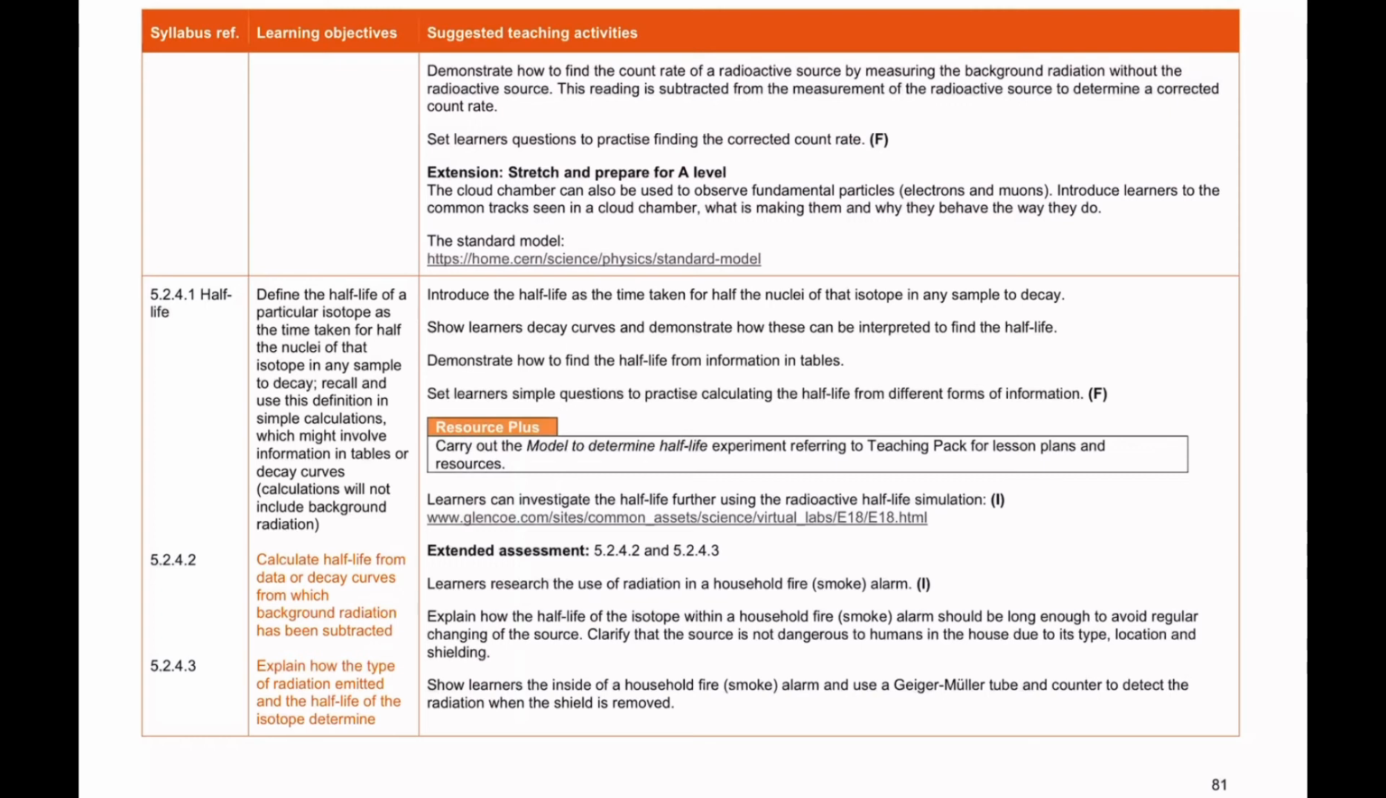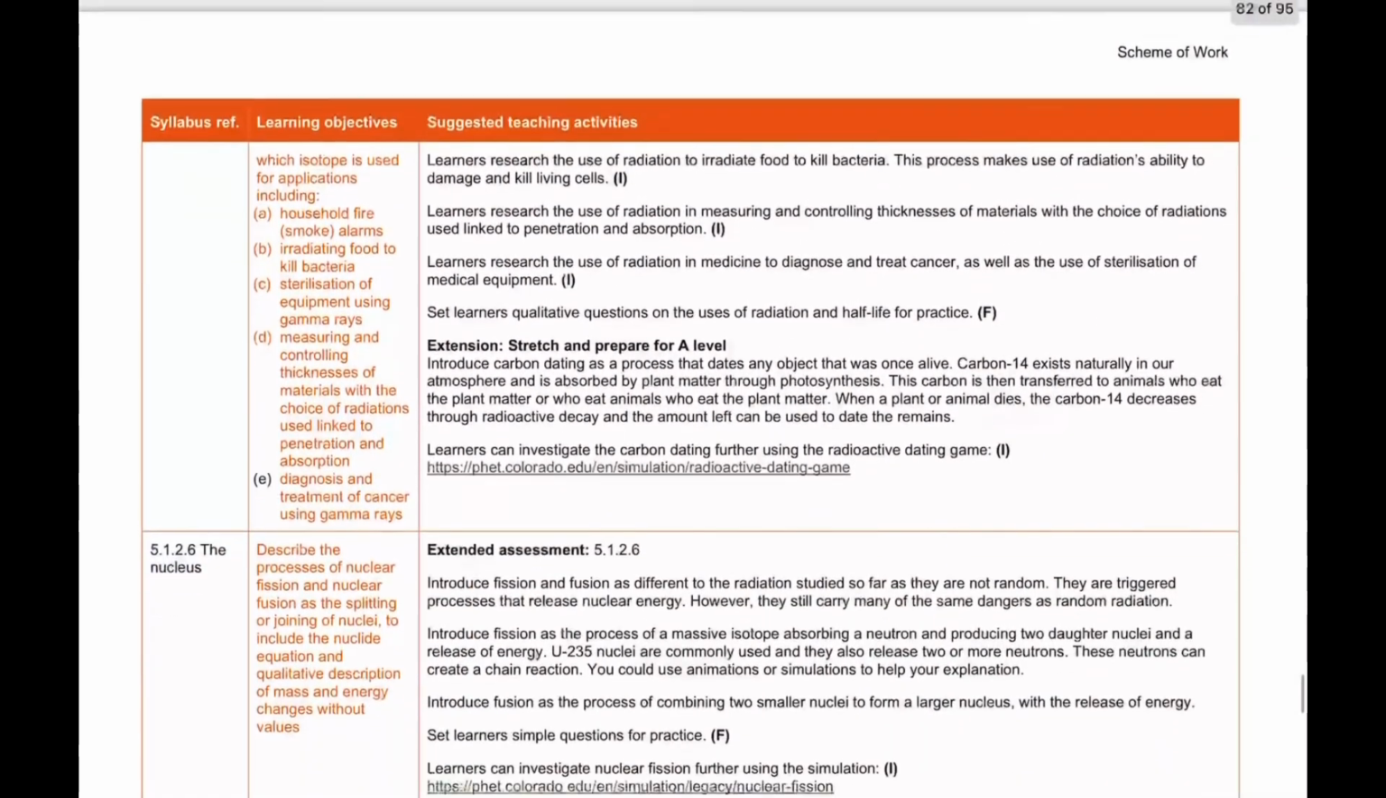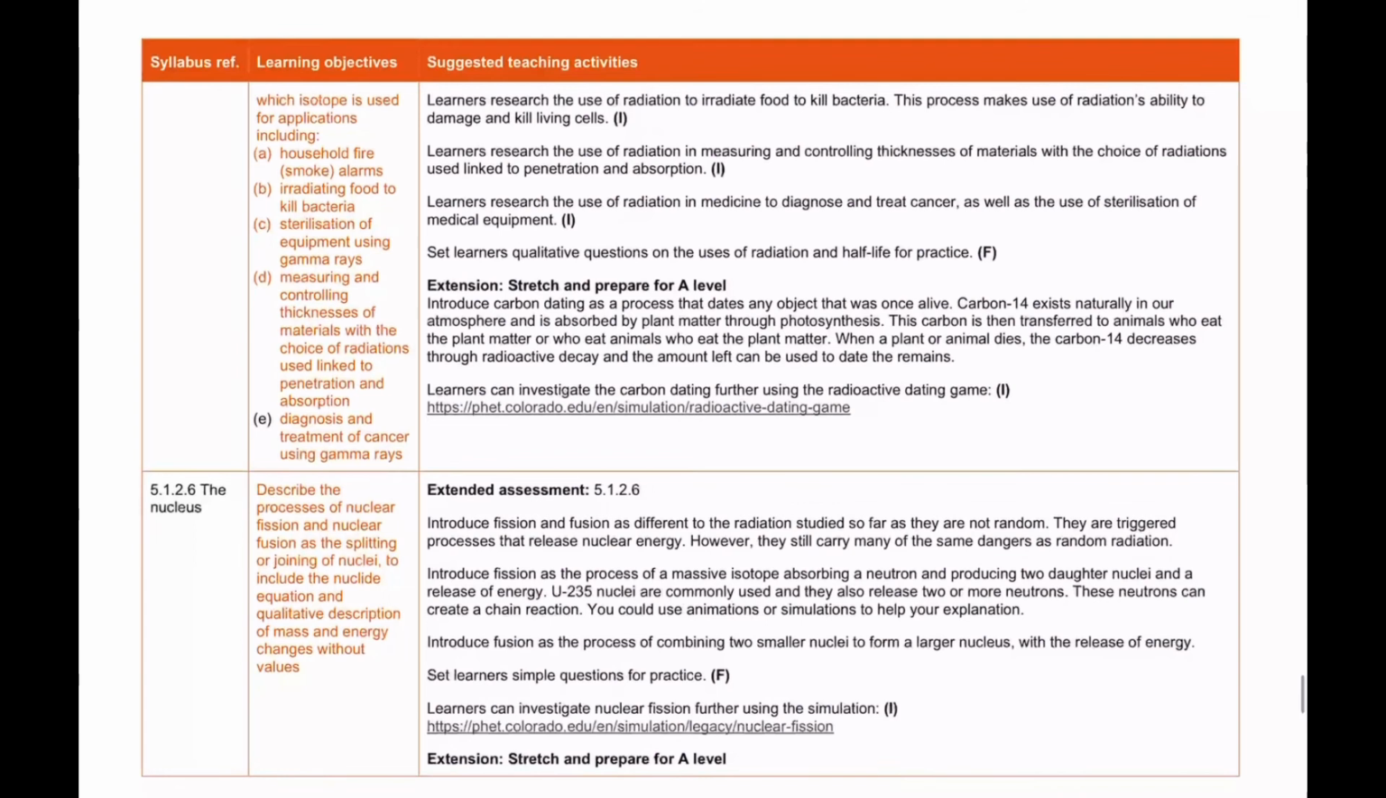Calculate half-life from data or decay curves from which background radiation has been subtracted. Explain how the type of radiation emitted and the half-life of the isotope determine which isotope is used for applications, including: A. Household fire smoke alarms,